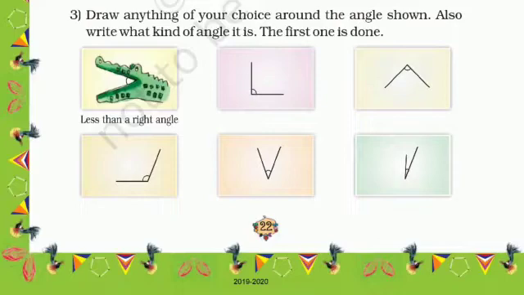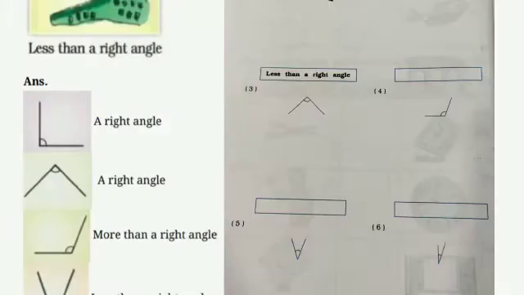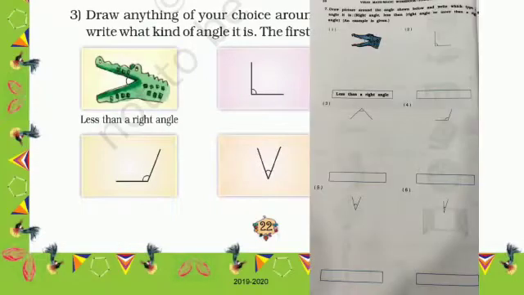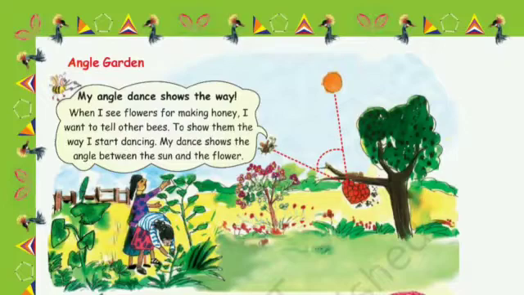So this exercise, instead of doing it in the textbook, you can do in the notebook, in the workbook, page number 26, question number 7. This way, if you are not doing this in the textbook, it will be okay, but you can do that in the workbook, the page number I have told you, page number 26.